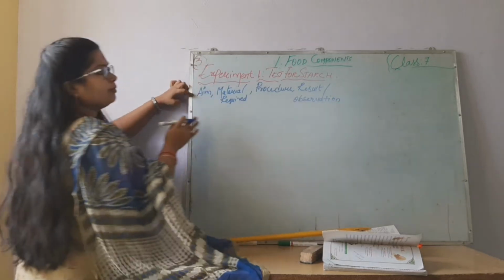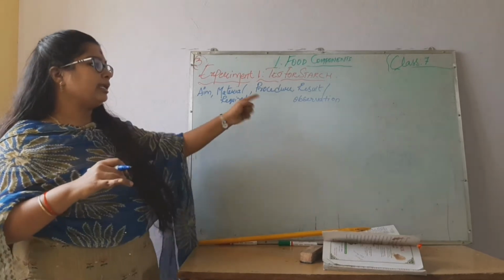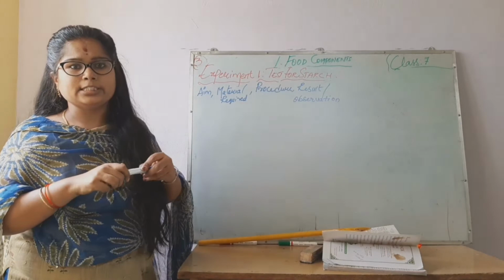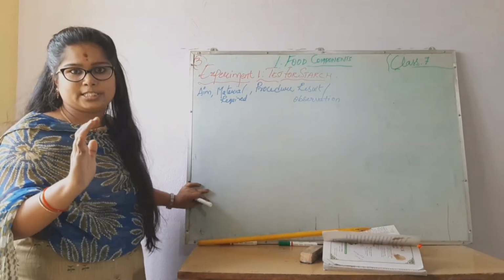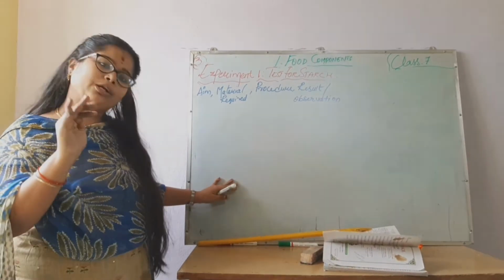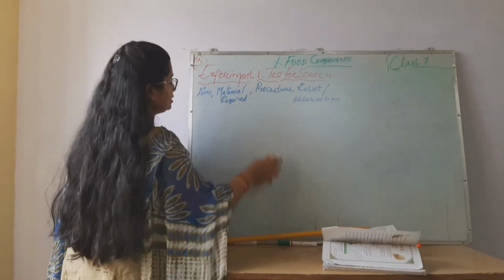This is the procedure. Before you do any test, you are supposed to write this, and last you need to write your observation or result in a table form or a sentence form. So first let us write the experiment you want to do. Then we will get clarity and know what materials are required, and we will go to the experiment.